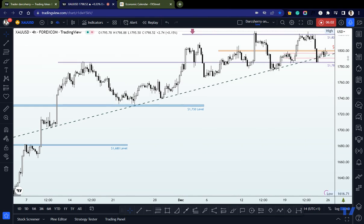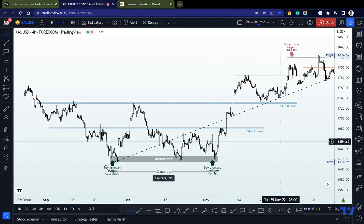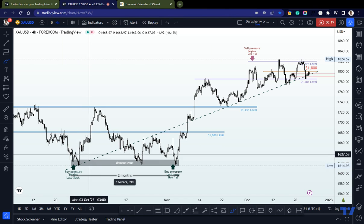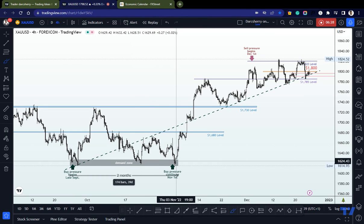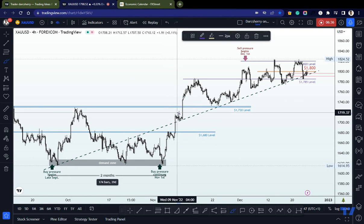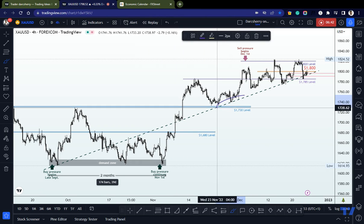Now, on the 4 hours time frame here, the first thing we did observe is the fact that we have been on a bullish momentum since the later part of the month of September. As you saw here, we saw accumulation of bullish pressure around that 1620. It was so consistent. We saw the same thing happen here in the month of October. And during the first couple of days in the month of November, we saw that move that sparked out of that zone, climbing up that trend line. And since price climbed above this bullish trend line, we have been witnessing a situation where price has continued to